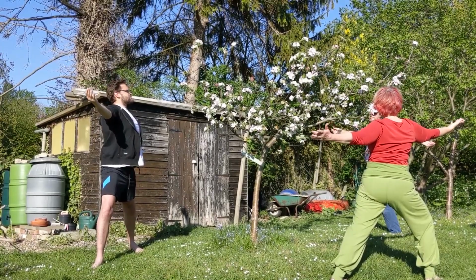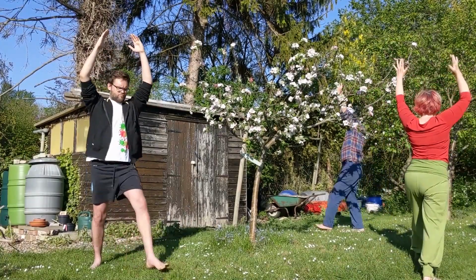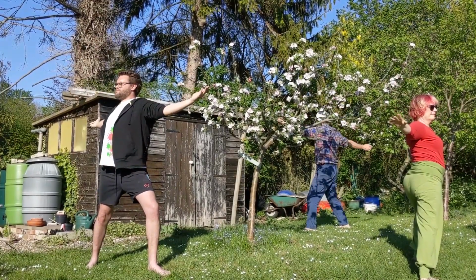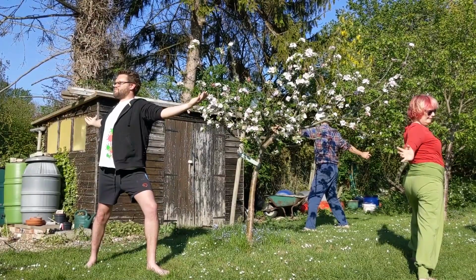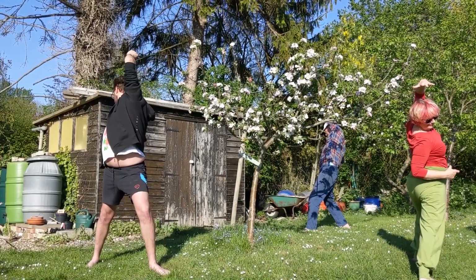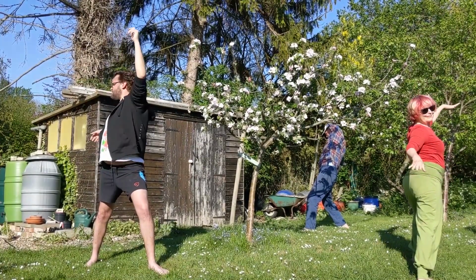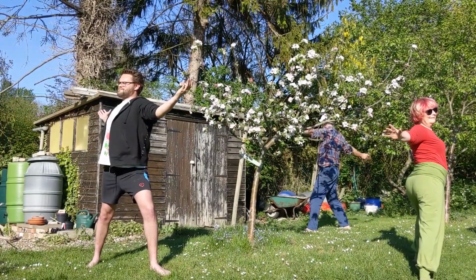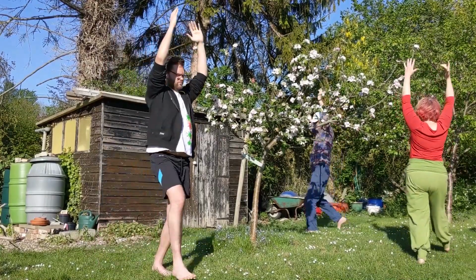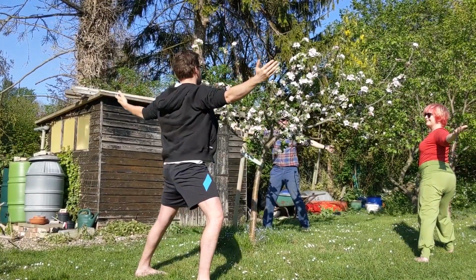warrior 2, warrior 1, stepping through, warrior 1, warrior 2, the Spanish warrior, dancing warrior, the beautiful side extension, warrior 2, warrior 1, stepping through, warrior 1, warrior 2,